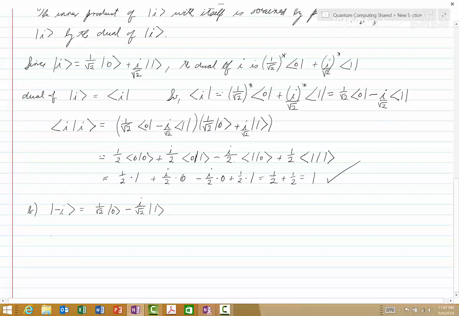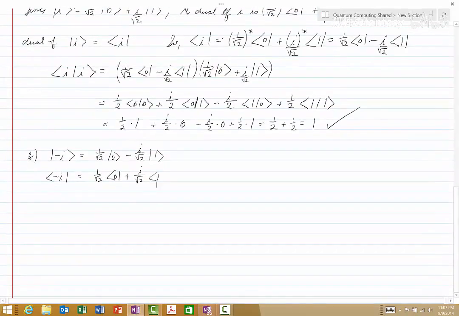And therefore, the dual of that will be 1 over square root of 2, 0 plus i over the square root of 2,